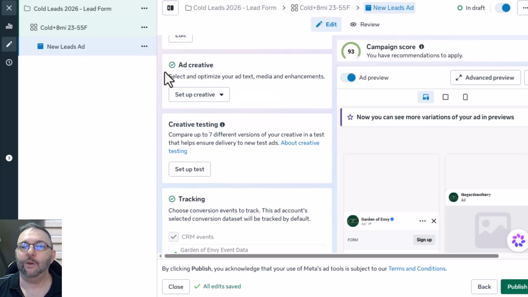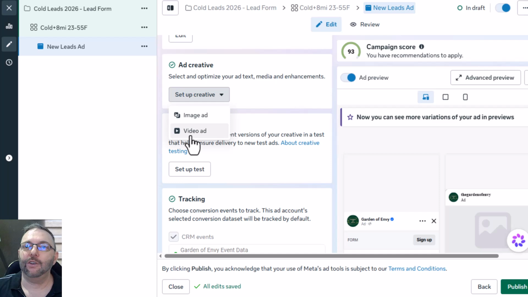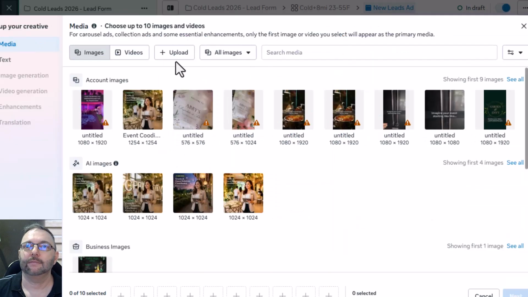All right, we're almost there. Ad creative. This is where we are actually creating our ad. So if you have a video, I would absolutely recommend using video. If you don't have video, then use a photo from your business. So you can click on upload and choose an image or video from your previous